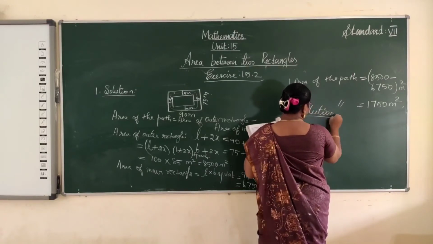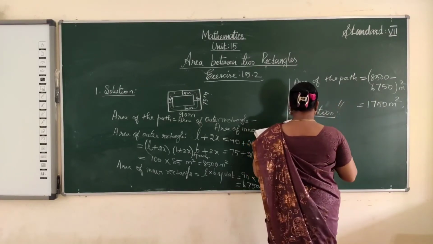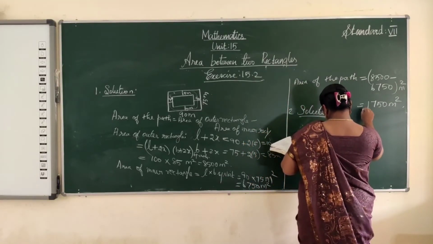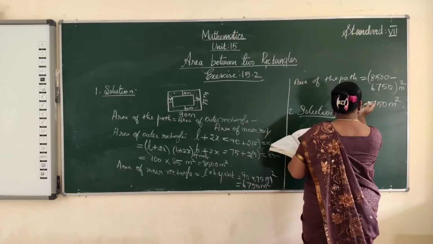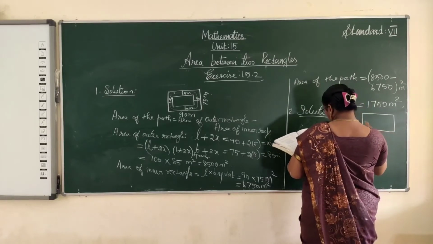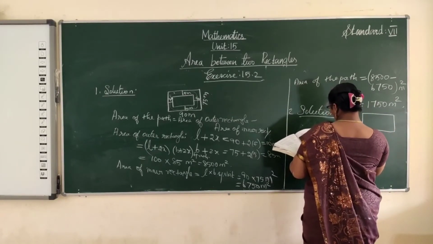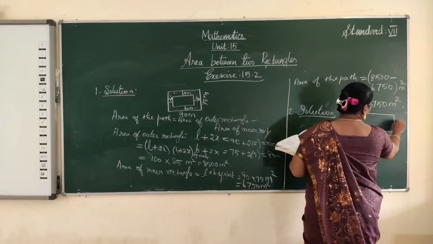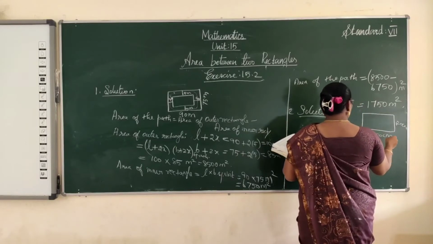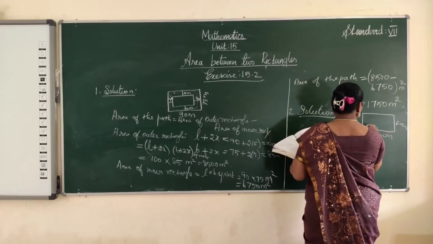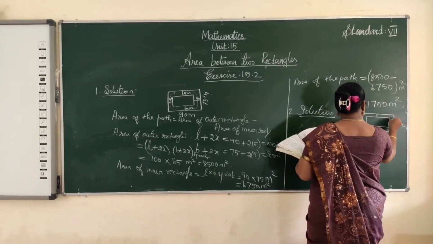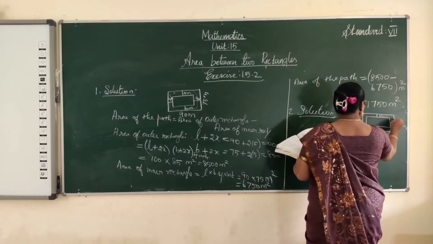Solution. So what are the data given? So length and breadth is given, of the painting. Outer length is 150 centimeter and 120 centimeter breadth. If there is a margin of 8 centimeter width, 8 centimeter, 8